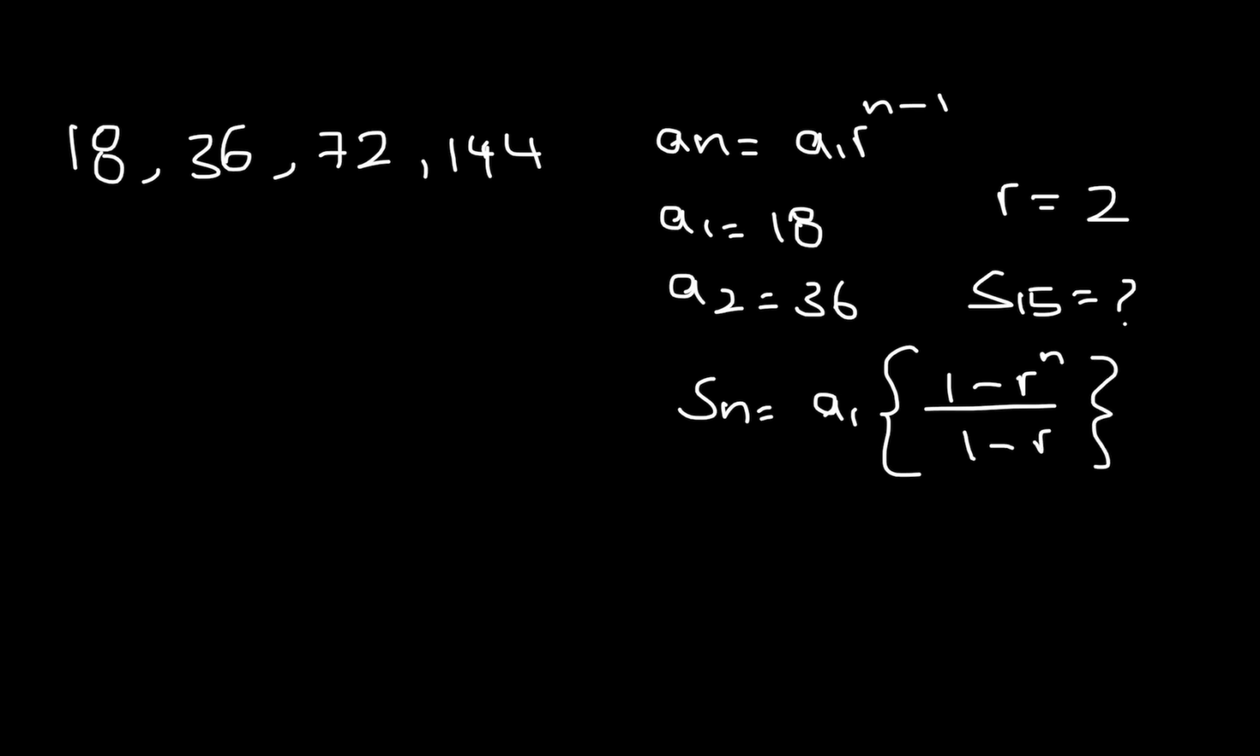Right, so we actually already have all of that information. We have A1, which is 18. We have r, which is 2, and n is 15. So let's go ahead and plug that in. 18,